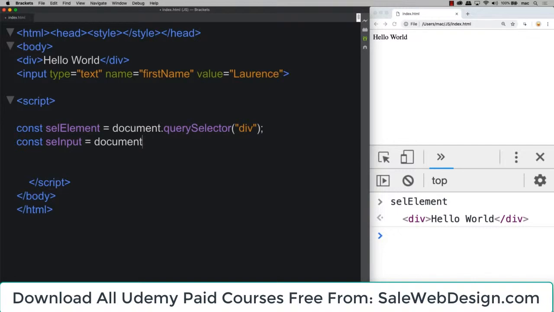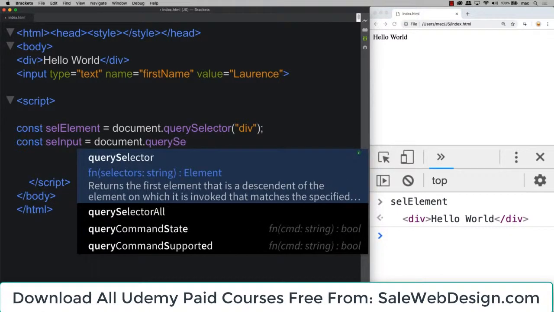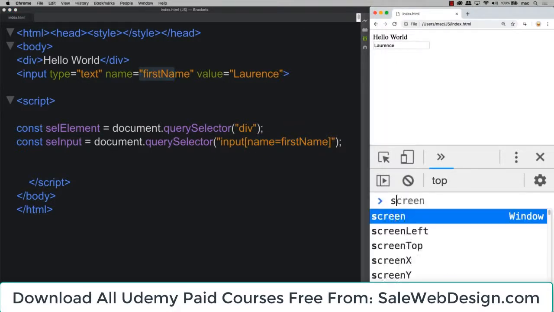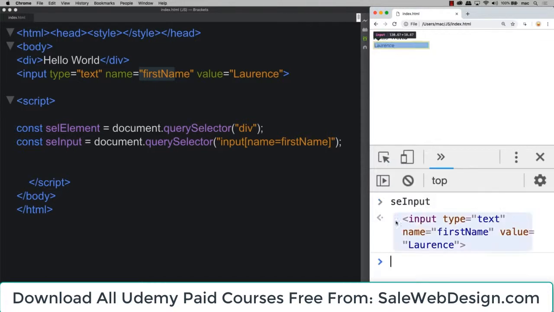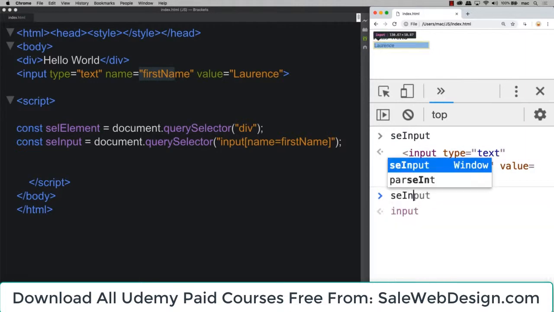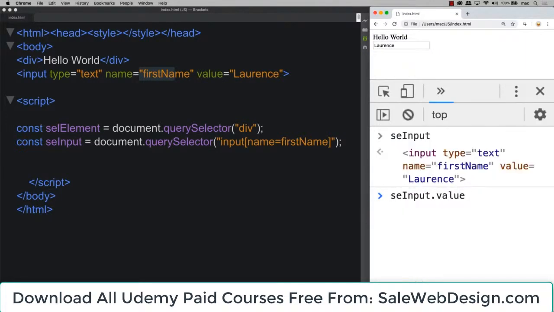And the same way that we made the selection with query selector, go ahead and make a selection of the input. And you can select it by the tag name, and you can also be more specific because we do have a name value. So in case you've got more than one input, you can make a more precise selection using the name attribute. So now that we want to select that input, we can see that we've got the connection to that value. And if we do want to see the value that's contained within there, we can type that out and do value,